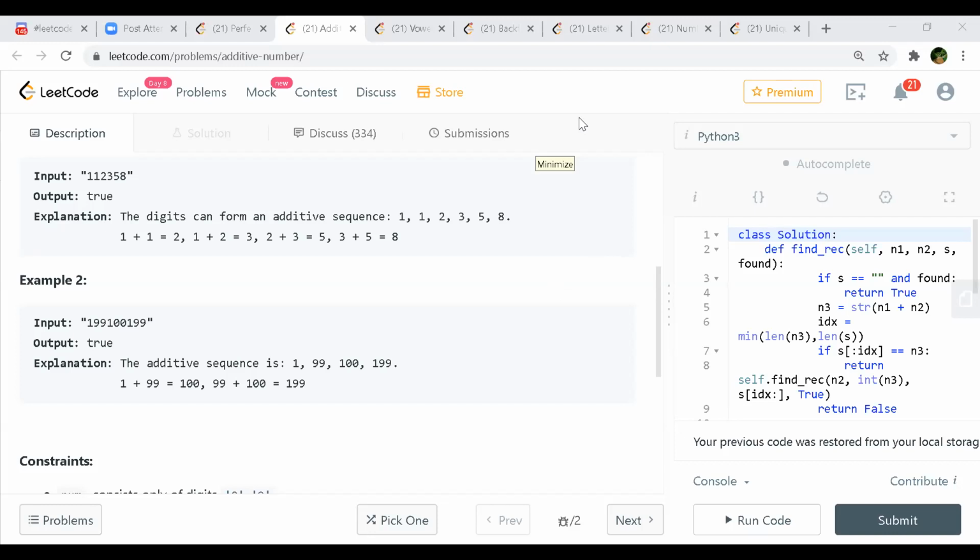Yeah, so for the second, the A and B's maximum length can be 3 and 3. If you increase it more than that, there won't be any space in the string. Like if we take 4 as A's length and B's length is 3, there won't be any number which has length 4. So what if we take the length of A as 4 and the length of B as 2, and then the rest 3 would be for C? It won't be possible, right? As a number is already 4 digit, adding any number to that will also be 4 digit, right? Right.